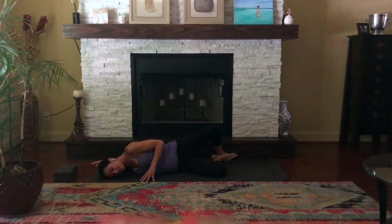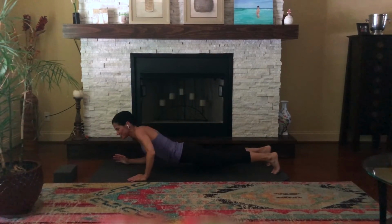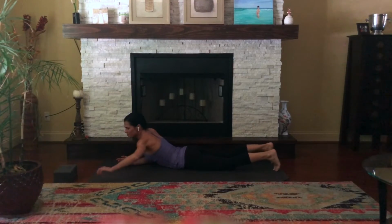Just reminding ourselves that it's okay to slow down. We don't always have to be running or doing HIIT workouts, that sometimes just like some stretchy yoga flow, which this wasn't easy, I'm definitely sweating, is just what we need. Switch sides. Took me a long time to shift my mindset around that,